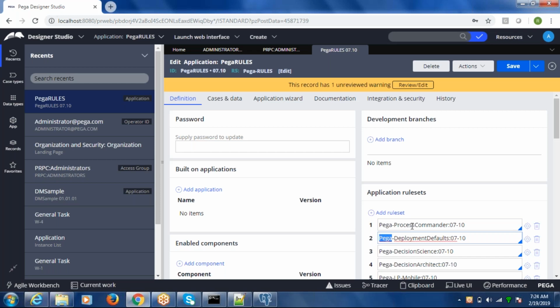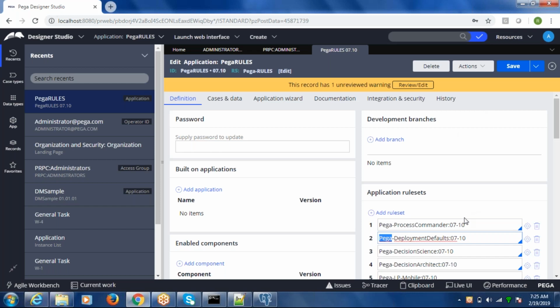This is a restriction for certain rules which are created for Pega, to differentiate them from our rules. So we have to follow the practice. Even if we try to create a rule set with Pega dash, the system won't allow it. It will throw an error while saving itself. All right, so this is basically recommended that way.